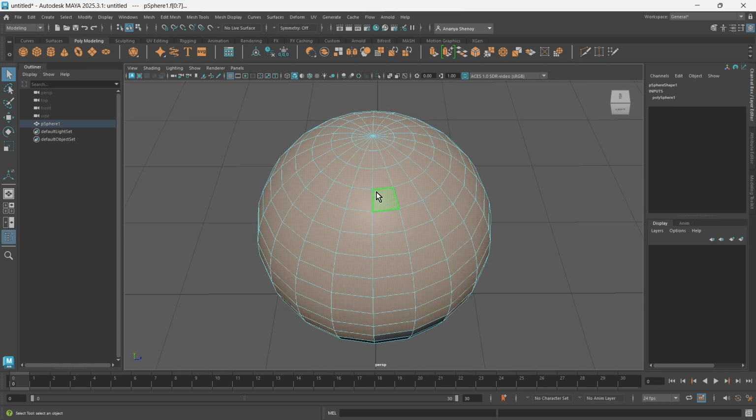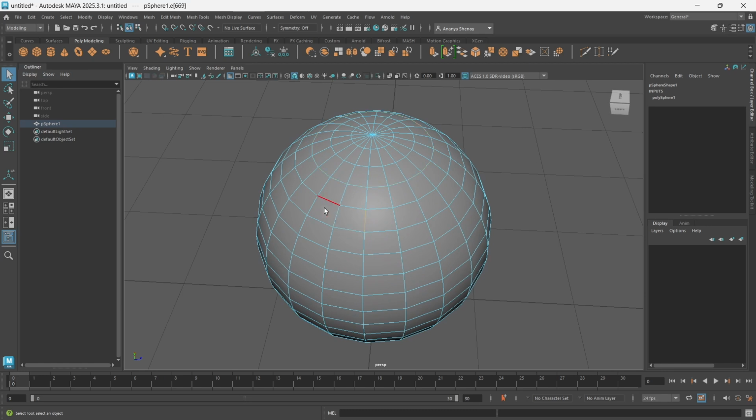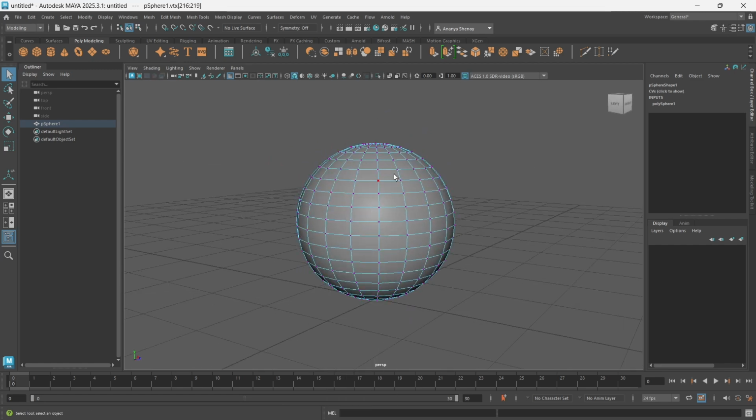And if you go into edge mode, the same rules apply. Click, shift double click to select this edge loop. The shift double click also exists for edges like this. So if you want to select this loop of edges and not this one, you click on this, shift double click, and you will select this whole loop of edges. Let's select another loop, and if you control click and then control double click, you can deselect all of that. Vertex, same thing applies.